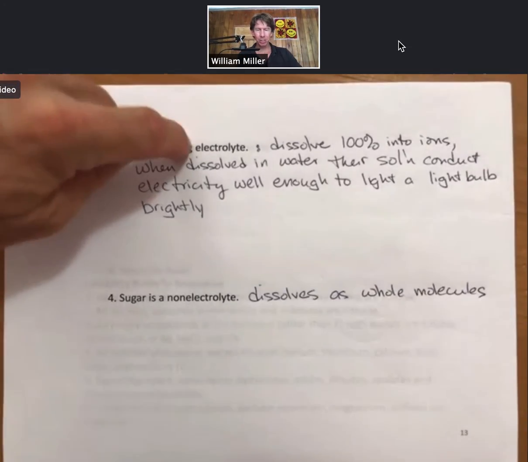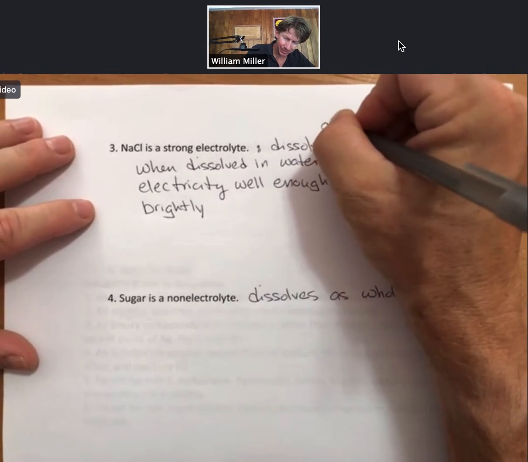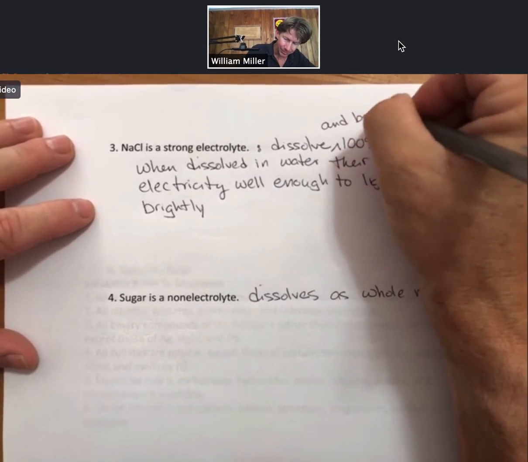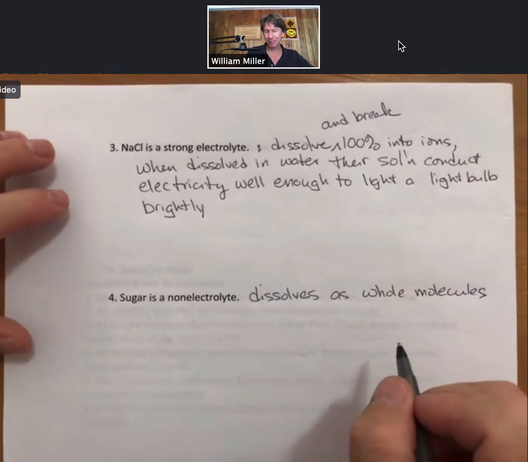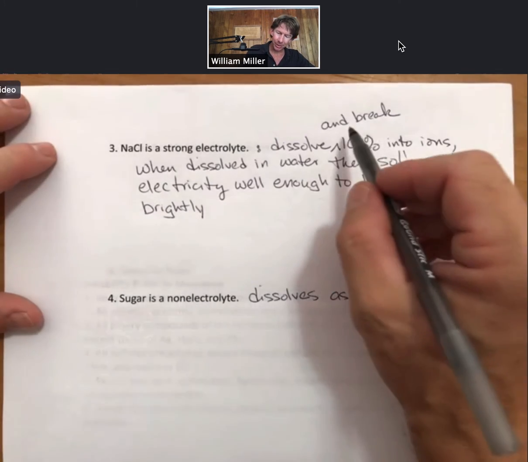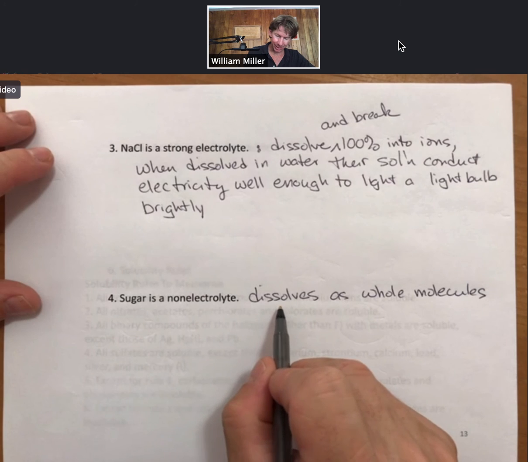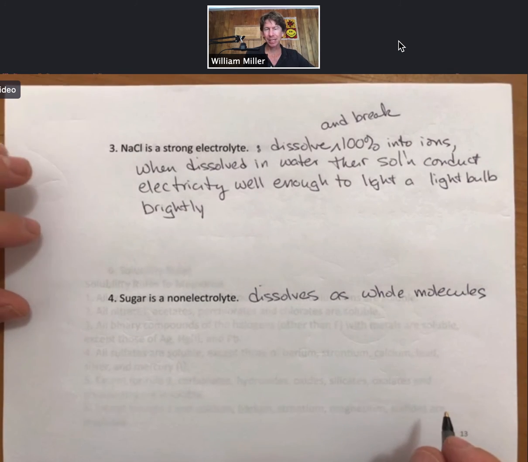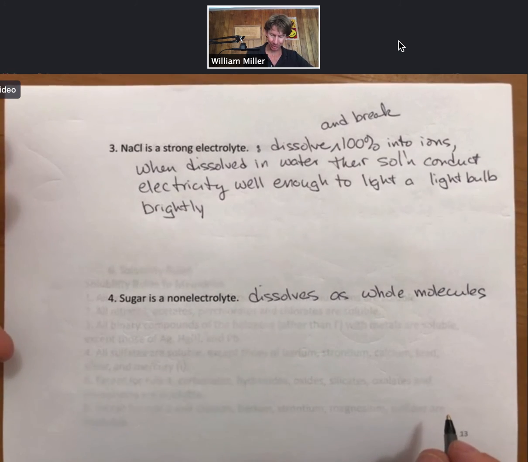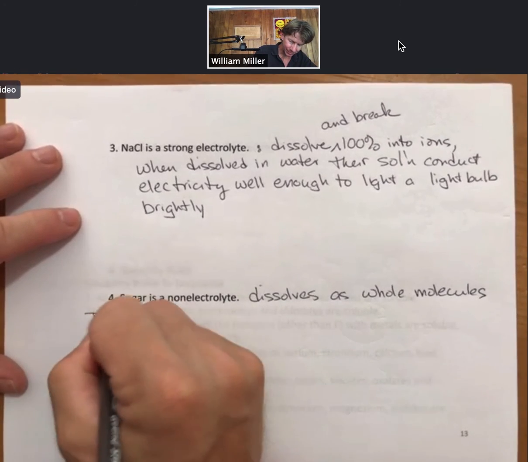So, strong electrolytes dissolve and break 100% into ions, because the dissolving is not the difference here. They both dissolve. But the strong electrolyte dissolves and breaks into ions. The non-electrolyte dissolves and stays together as whole molecules. So if I were to write a dissolving reaction,